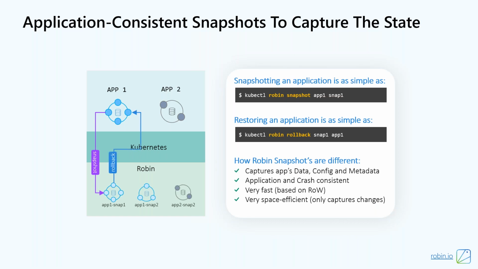So with a single command, Robin snapshot application one, and then give it a snapshot name, Robin will capture the data, metadata, and configuration, because we have created a single entity, right? And you are giving the name of that single entity to Robin and saying, capture everything related to this application. So if it's a database, we will query the database. We will create a consistency group across all of the components that are related to that database,